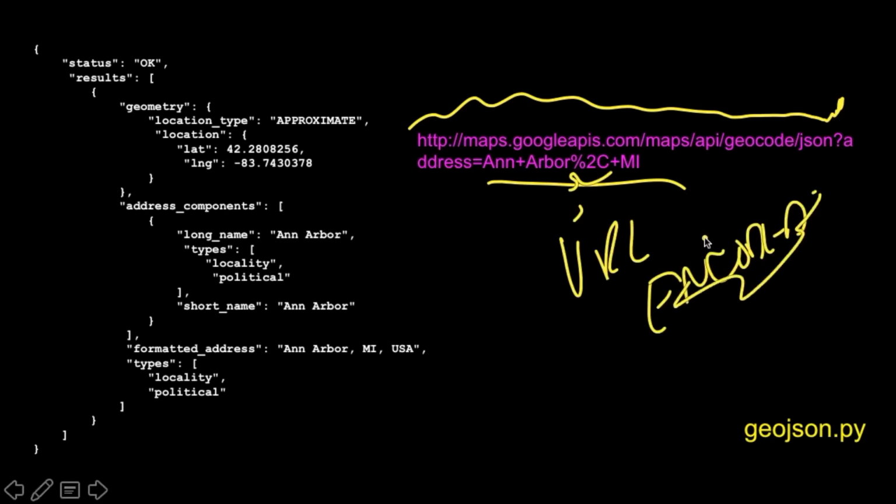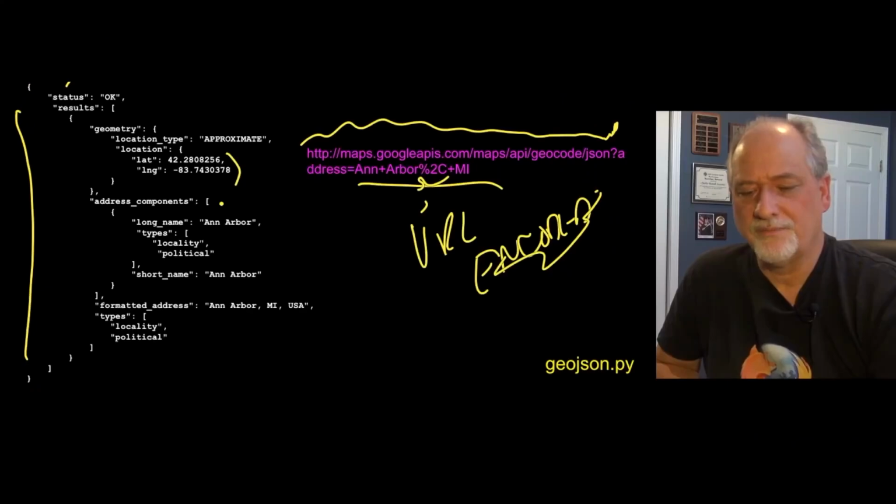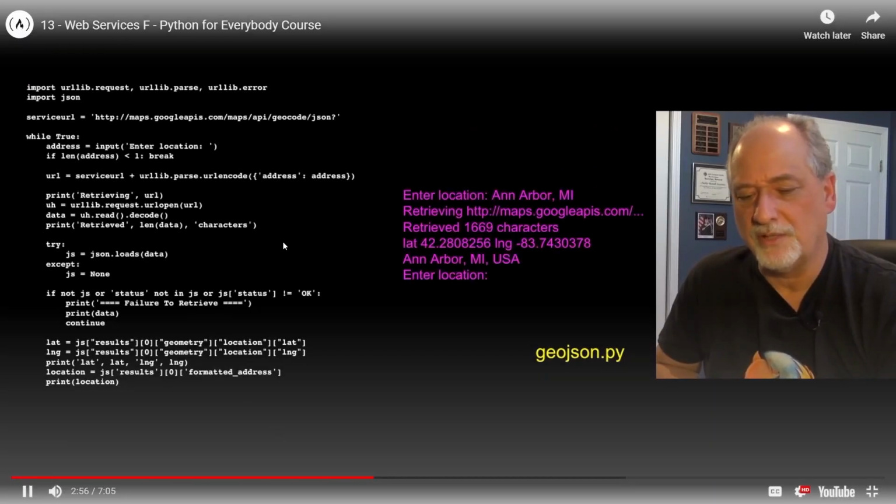But don't worry too much about that because we're going to have a magic that takes care of this. And so if you were to hit this URL, you type it in the exact right way in your browser, you will get back a JSON document. It's an object that has key value pairs. The first value is the status, then it has these results, and it's a list, and you dive down, and eventually you can kind of find the latitude and longitude of the thing that you are looking for. And so the idea is, can we write a program that can read this? And so here's our little program that reads it. Obviously we can.